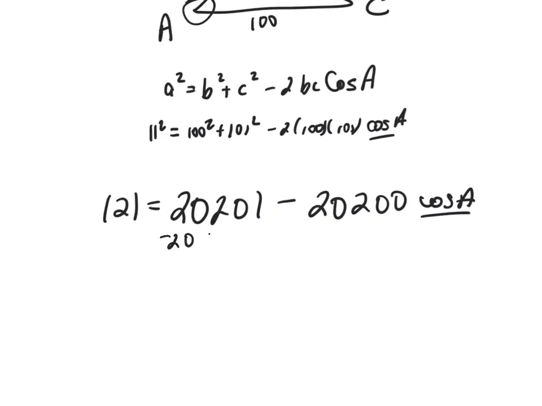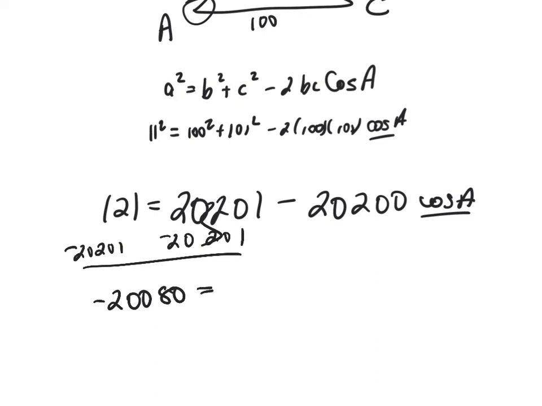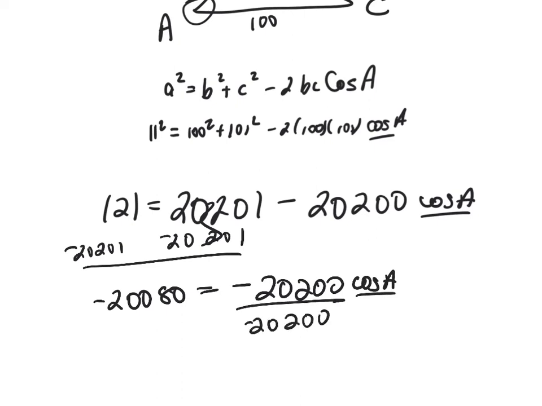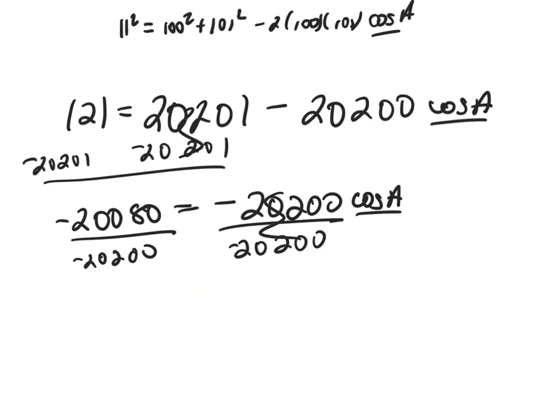So subtract 20201 from both sides. Negative 20080 equals negative 20200 times the cosine of A. Divide both sides by negative 20200, and I get the cosine of A is